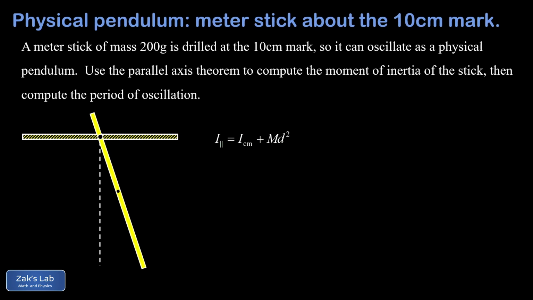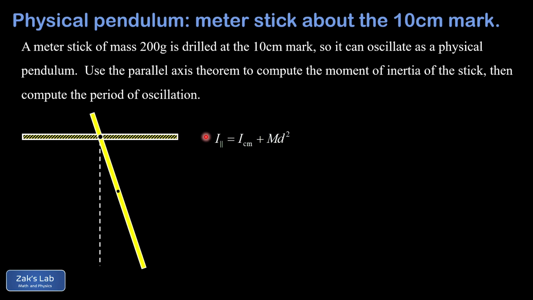In this video, we're computing the period of oscillation for a meter stick drilled at the 10 centimeter mark, oscillating on a hinge. We're given the mass of this thing as 200 grams, and we're asked to use the parallel axis theorem to compute the moment of inertia of the stick, and then compute the period of oscillation. So here's a reminder of the parallel axis theorem, and I'll post a link up at the top